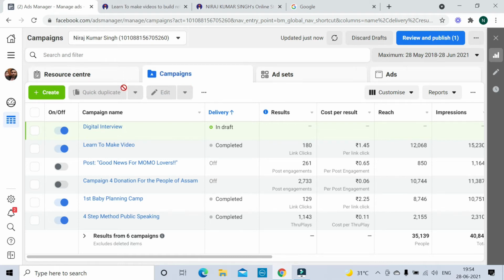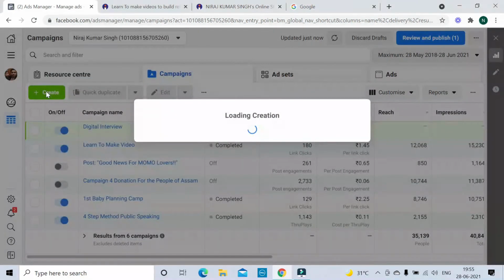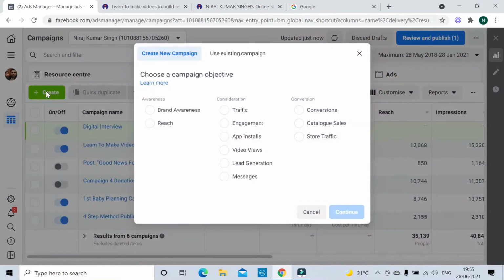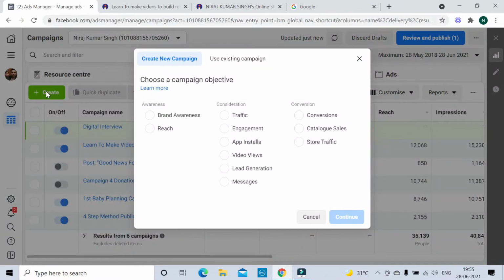Now we will see how to create a campaign and what the options are. Okay, so let me create a campaign. So these are nothing, I will show you in a later video. Click on create. This will give you an overall idea of what happens with the campaign, or what the objective of the campaign is.